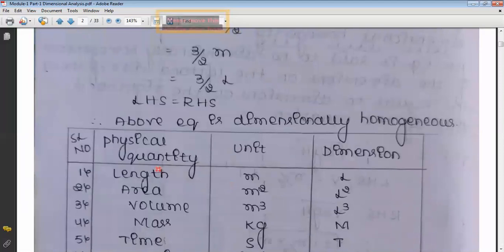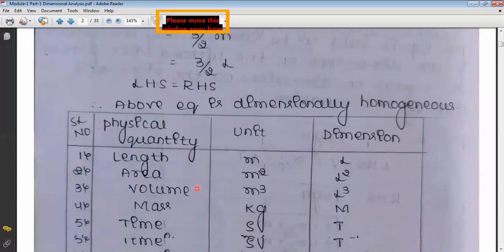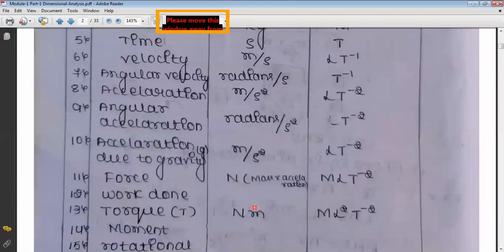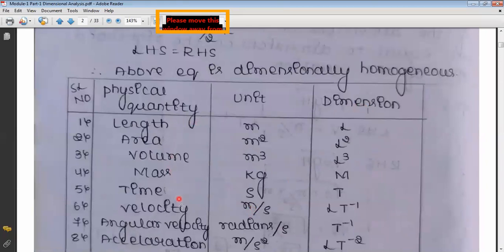Moving on, I have made a little table here with the physical quantity, unit, and dimension. I have listed nearly 26 physical quantities. If you write the dimensions of all these physical quantities, then the major part of dimensional analysis is over. Think like that, because writing the dimension is the very first and foremost step in any dimensional analysis problem. If you know the dimension, you can solve the problem easily. And in order to know the dimension, you should know the units of the quantity.